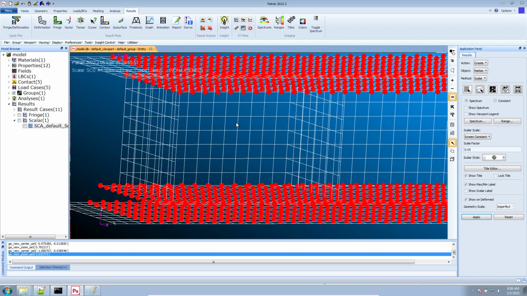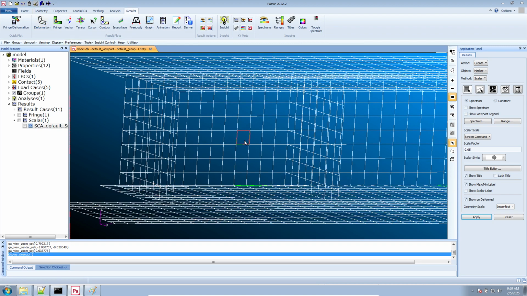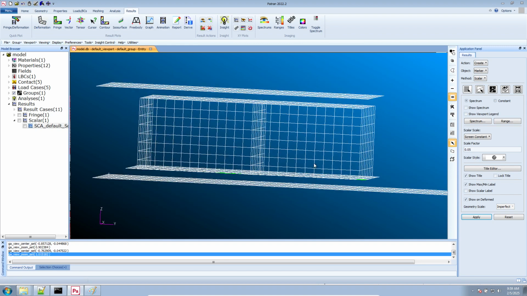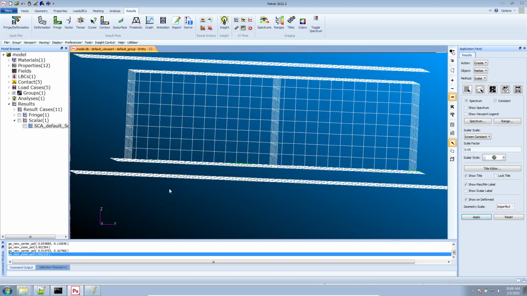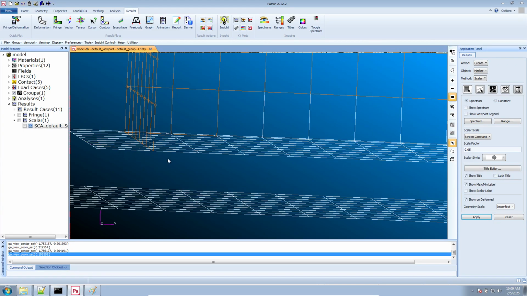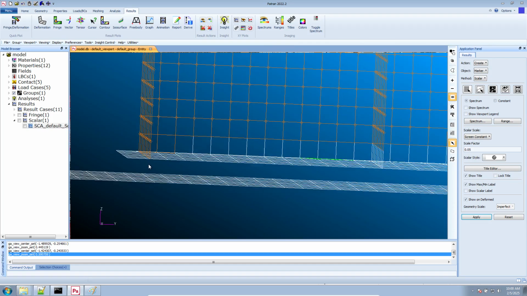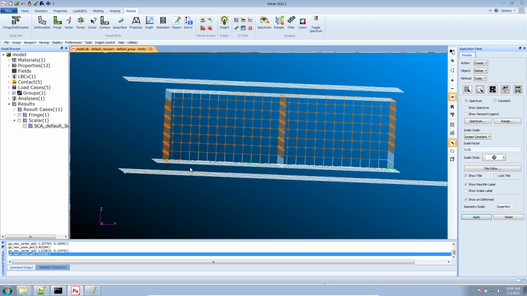Originally, there were normals in the middle of the contact body that were problematic. So here in the middle, there were normals that were inconsistent. We removed these elements from the contact body, but then we still had another problem. The normals of these elements here at the bottom were not in the same direction, so we manually flipped them as we went through this exercise. And now, after we corrected all these issues, we then performed the normal modes analysis, and then we were able to see